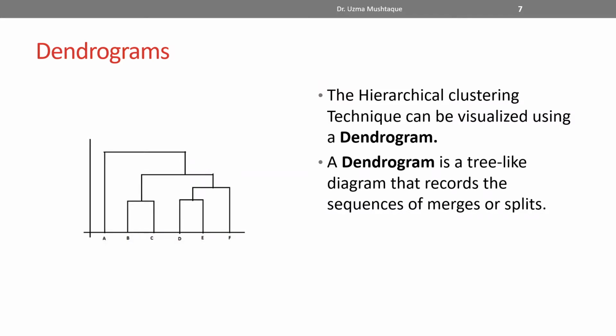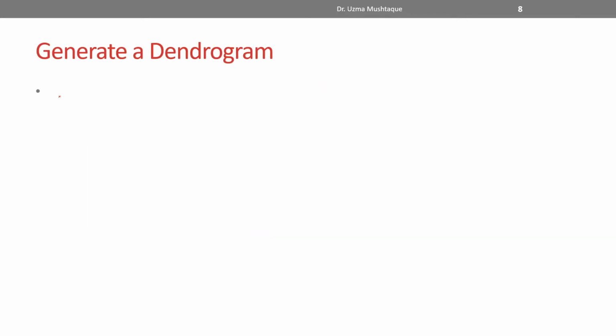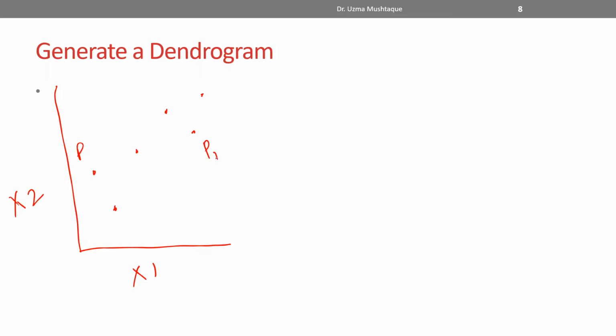Let's visualize our problem one more time. So let me just have the data. Let's say this is variable 1 and variable 2, if this wasn't super clear earlier. And let's say I have these points here, and here, here, and here. Let's say this is my P1. I'm just naming them P2, P3, and then this is P4, P5, and P6.